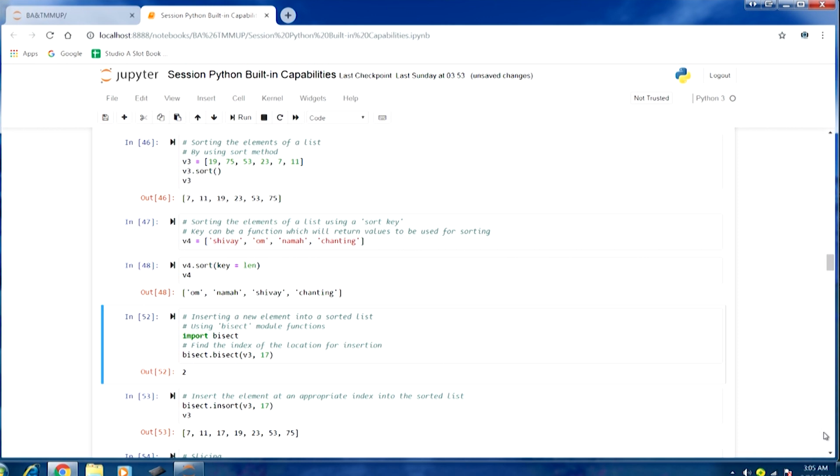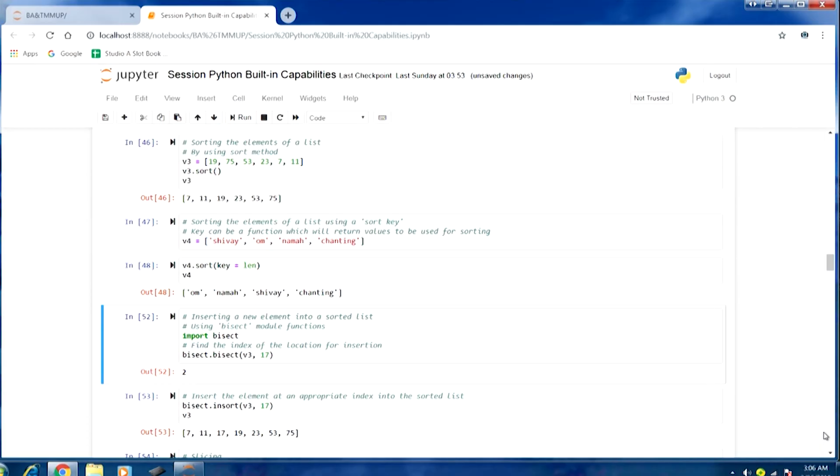Now, sometimes we would like to maintain a particular sorted list. Why would we have to maintain a sorted list? We would be adding new elements to the sorted list, but we would like to keep it sorted all along. So, the next thing we would like to discuss is inserting a new element into a sorted list. How to keep the list sorted and still be able to insert new elements? We can use the bisect module functions here. First we need to import this module bisect, and this will give us the function bisect here, and it will allow us